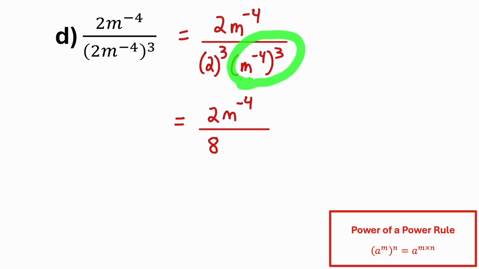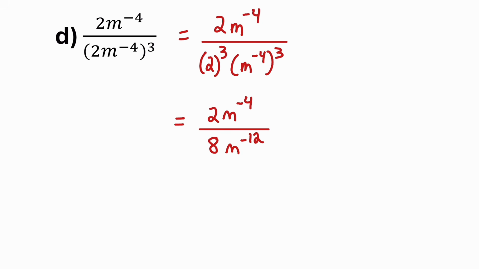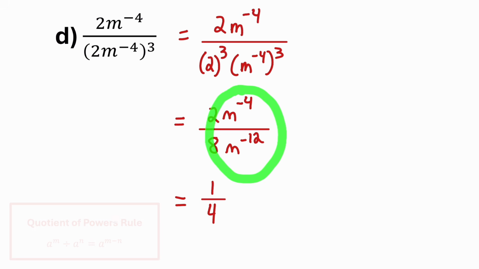power of a power by keeping the base of m and multiplying the exponents. -4 times 3 is -12. And now I can simplify this quotient by first simplifying the constant factors. 2 divided by 8, I can reduce that. 2 over 8 reduces to 1 over 4, and these powers of m being divided can be combined into a